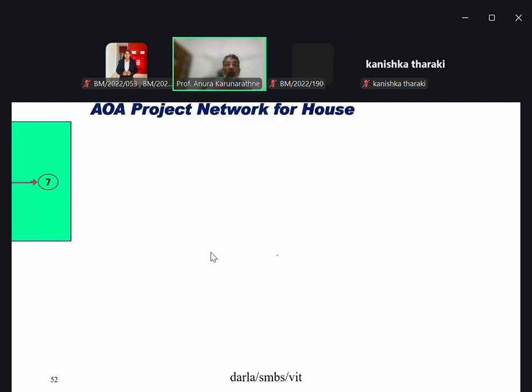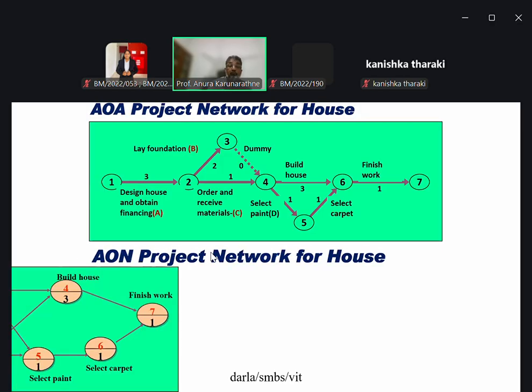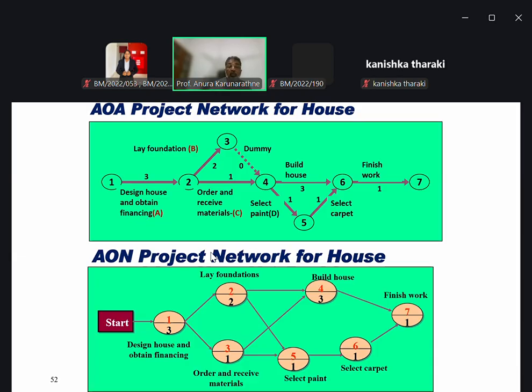Now, you can prepare this kind of network without... In the AOA method, we cannot have crossing, right? It is not accepted under the AOA method. That's why we have to use the dummy,